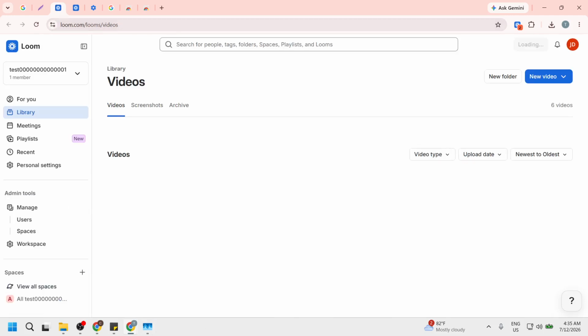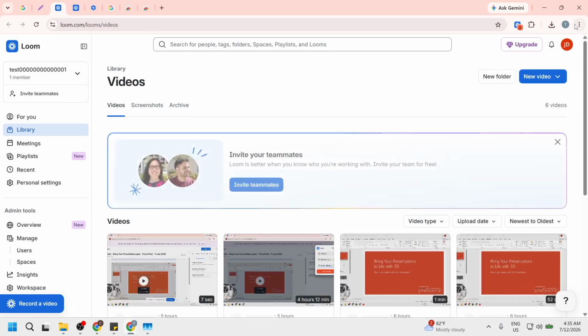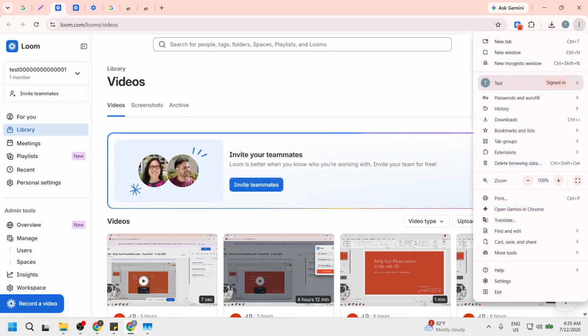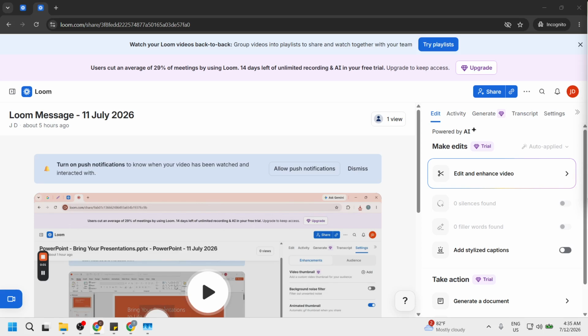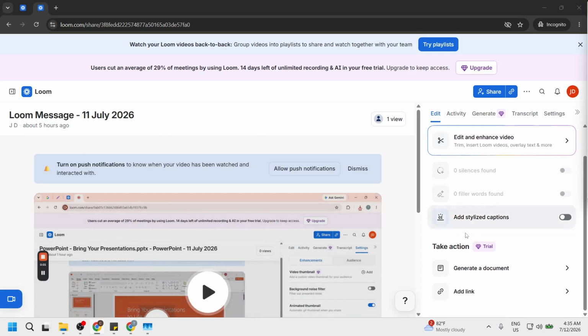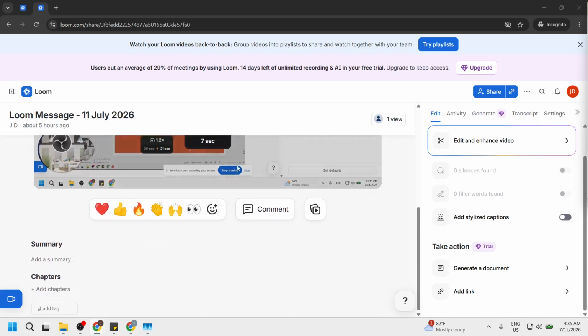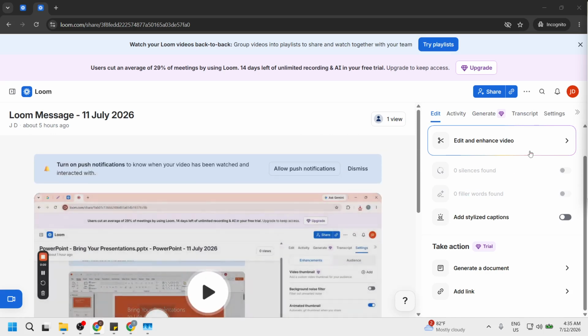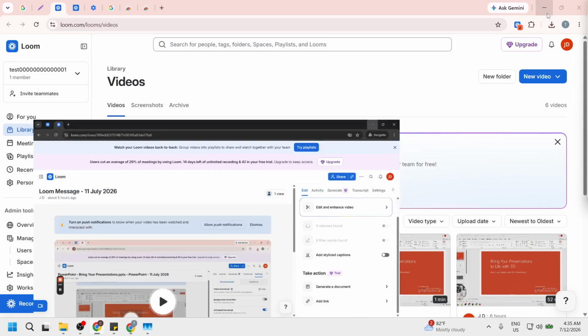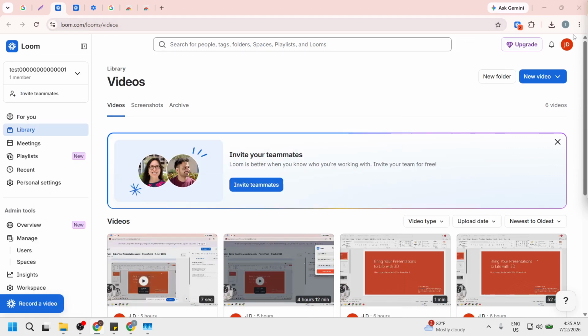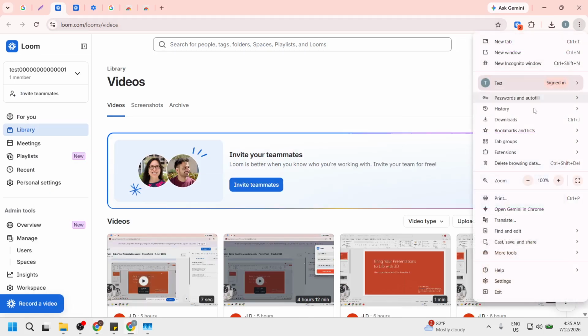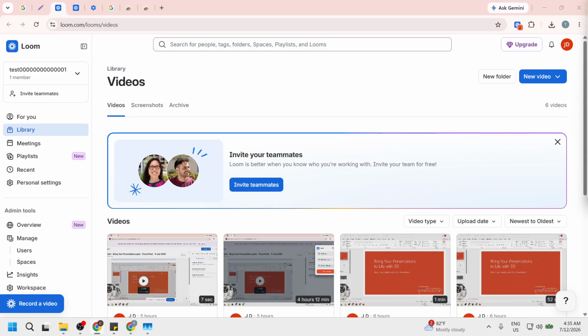Now, open an incognito or private browsing window and log into Loom. This mode disables most extensions and provides a clean slate for your browsing experience. When you enter this mode, you might notice the absence of toolbars and other distractions. This is important because it helps isolate the problem by ruling out any interference from extensions or cache data. If Loom loads successfully in this window, it indicates that your main browser settings might need adjustments. If it works in incognito mode, you need to clear your main browser's cookies and disable conflicting privacy extensions.